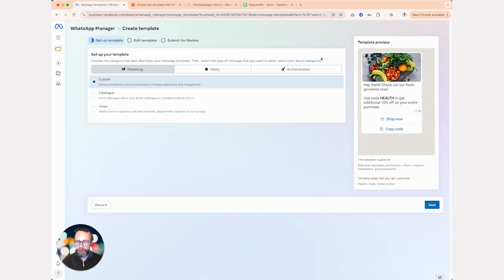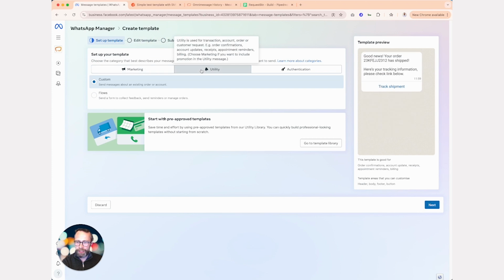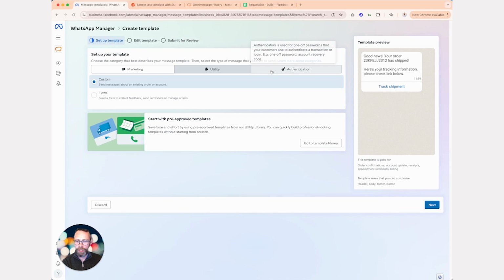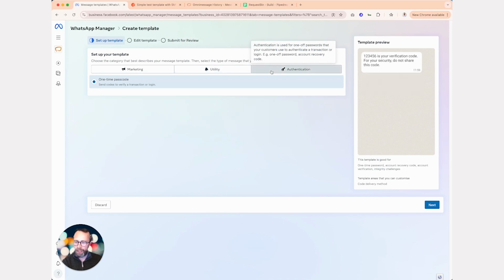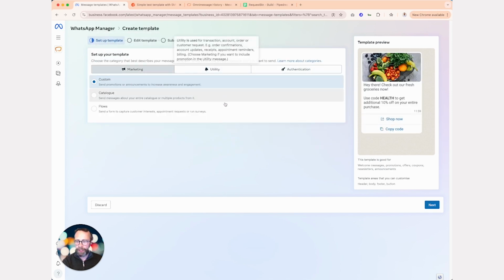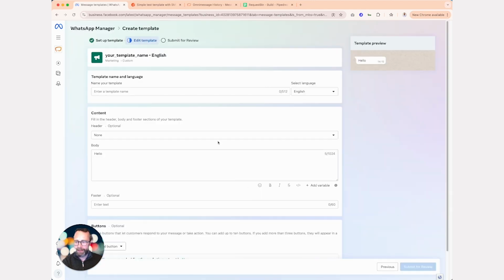Next thing it's going to ask you is, what are you using this template for? Is it a marketing template for doing any kind of promotional activity, a utility template for any kind of customer or account communication, or authentication for kind of one-time passwords? So we're going to choose marketing, and we're going to choose custom and hit next, and that will then take